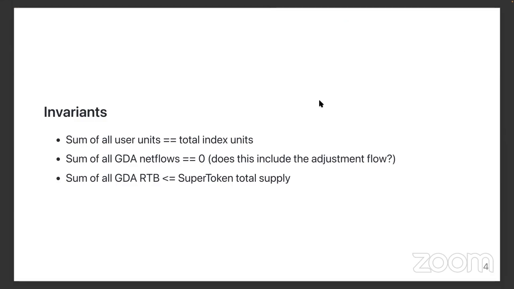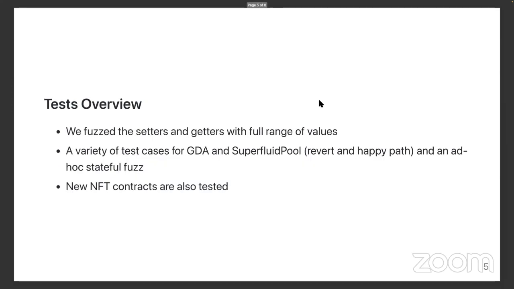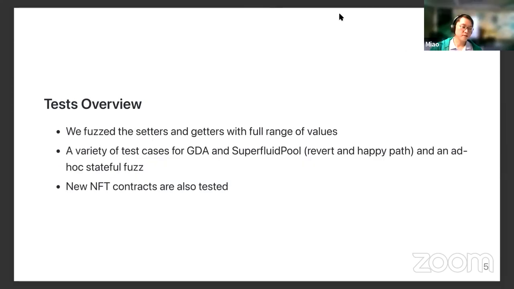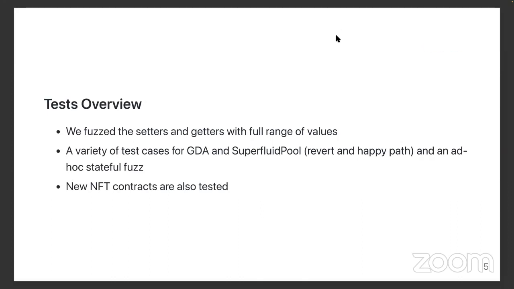Okay. You can check that after. I'm not 100% sure, to be honest. So it's good. That's an Echidna, perfect Echidna. Exactly. So yeah, like I said, we fuzzed the setters and getters with the full range of values, at least